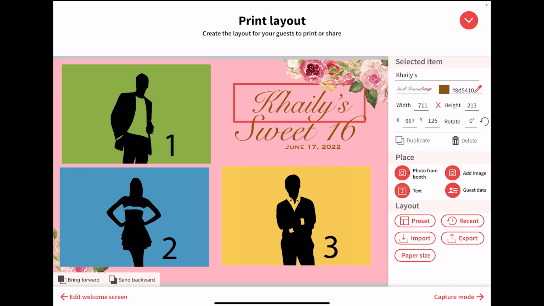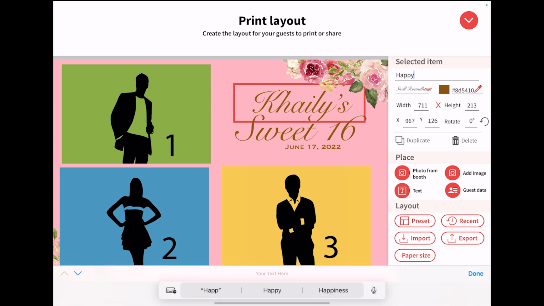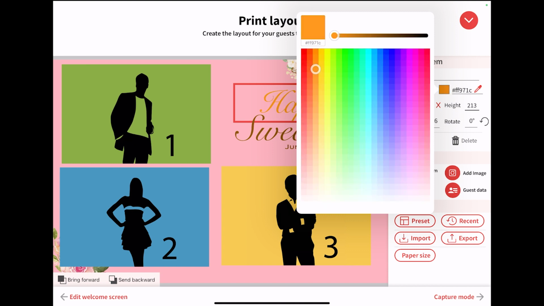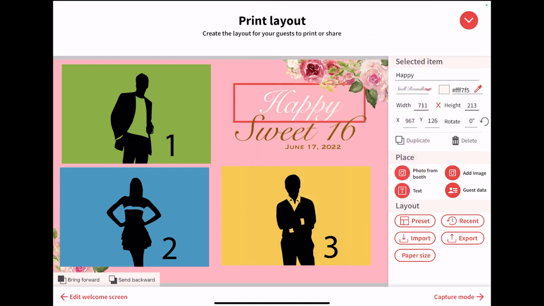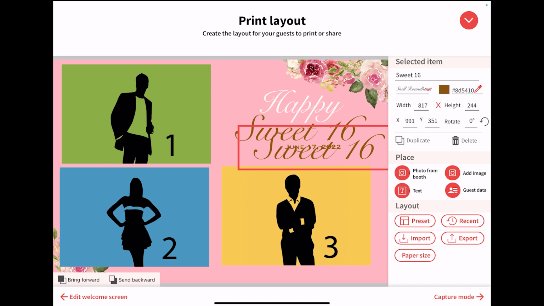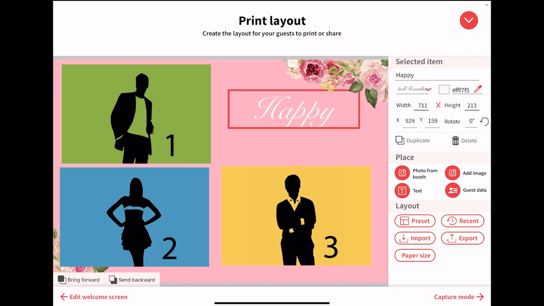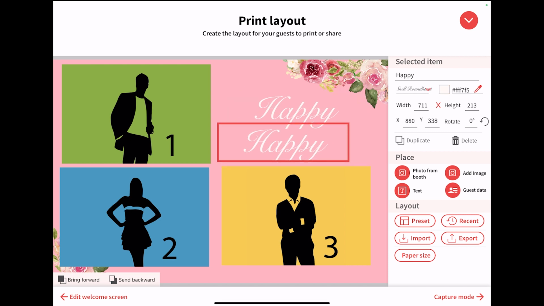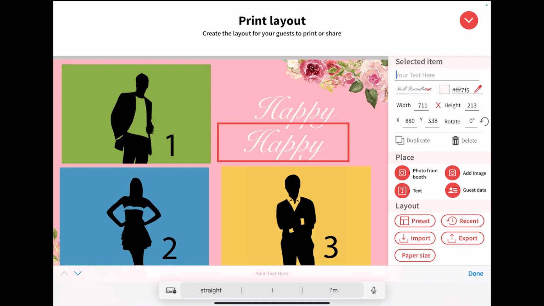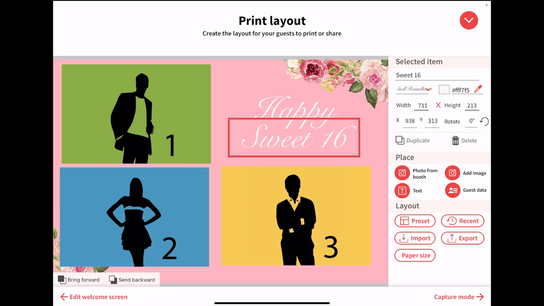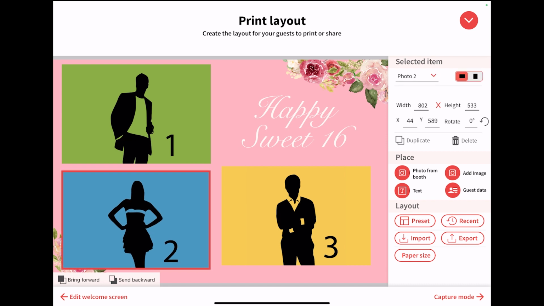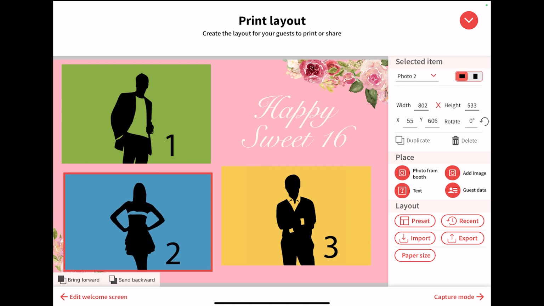And since they wanted white, we'll add white. We'll add the lettering in white. We'll delete this one. And it doesn't seem like they wanted the date, so I'll delete that. I'll duplicate this so we have the same font and color. So sweet 16, happy sweet 16. Let's make sure these are all aligned,